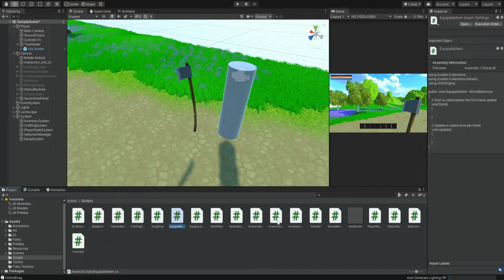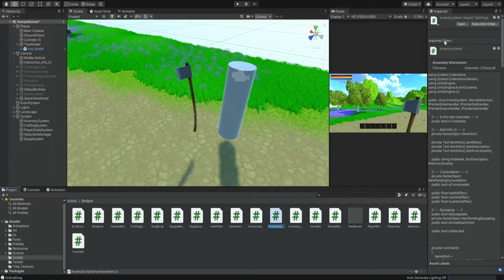For example, we have this inventory item script. So instead of creating a script for the stick and a script for the stone, we just created this inventory item script, and that's an abstract script that basically contains all the other objects. So this is the way to work, because then it's going to help us maintain the code, and if we want to do some changes, we simply need to go over here and change this one script instead of changing 100 different scripts for every item, okay?